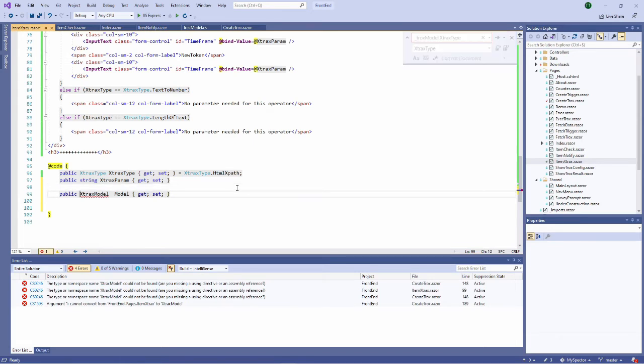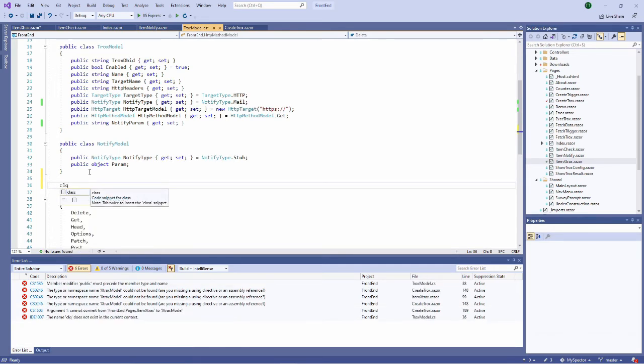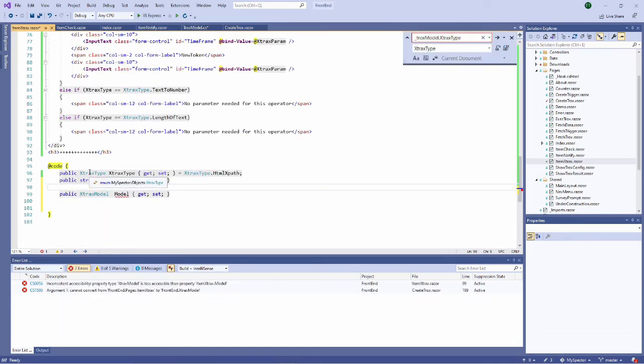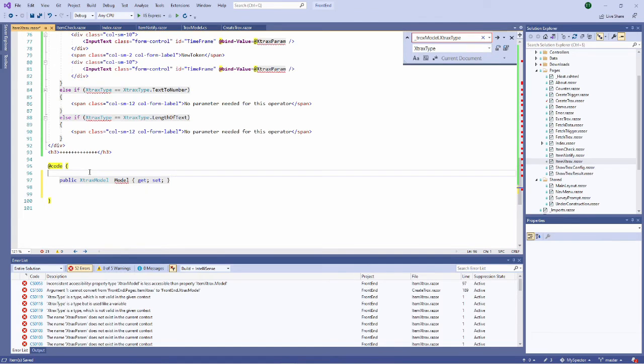And my extracts model will be defined next to my notify model. Class like this, and inside this extracts model, I have these two properties that I remove and I put there. Okay. My extracts model class is created. My model property is created.